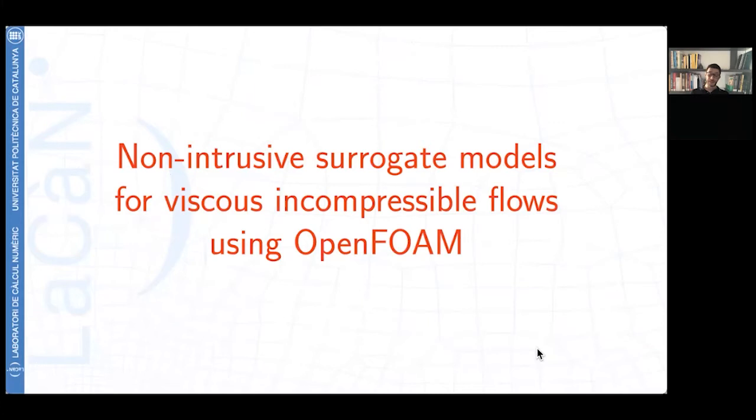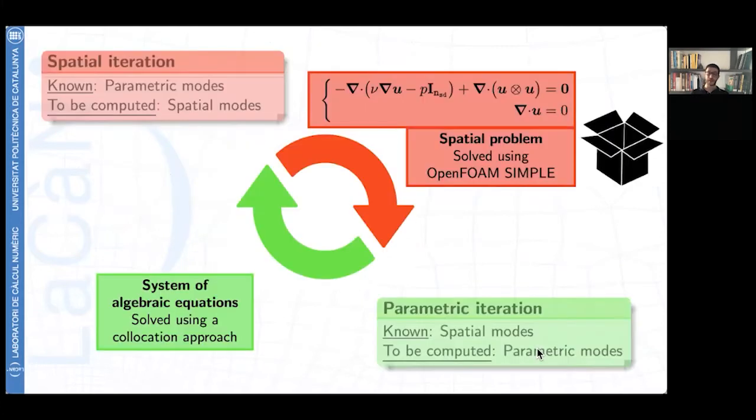So the idea is we want to construct a PGD algorithm, which is our algorithm over here, remember, in which the spatial problem, the spatial iteration, which in this case will be the steady incompressible Navier-Stokes equation, is solved using OpenFOAM as a black box. Specifically, each time that we need to solve a spatial problem, we call the SIMPLE algorithm in OpenFOAM without